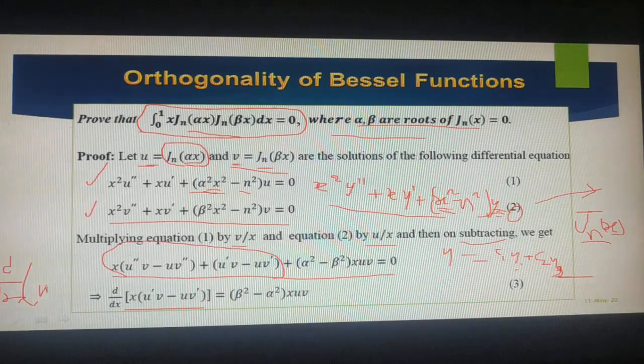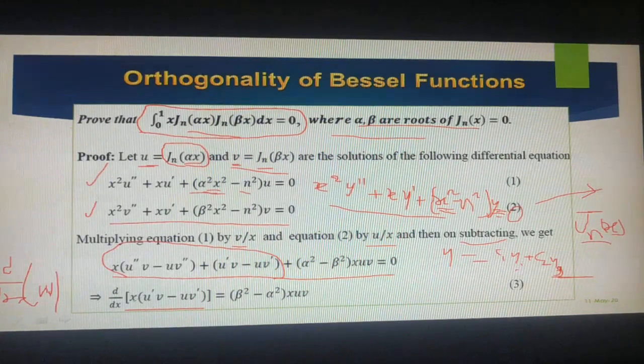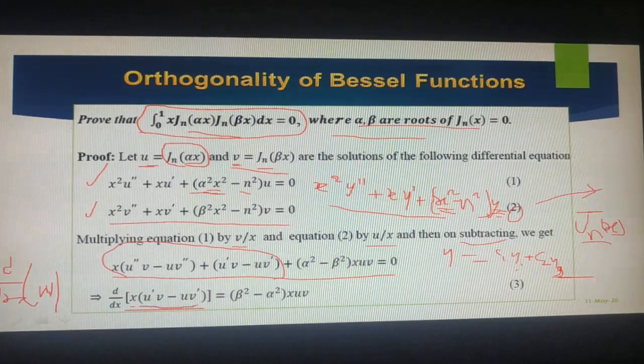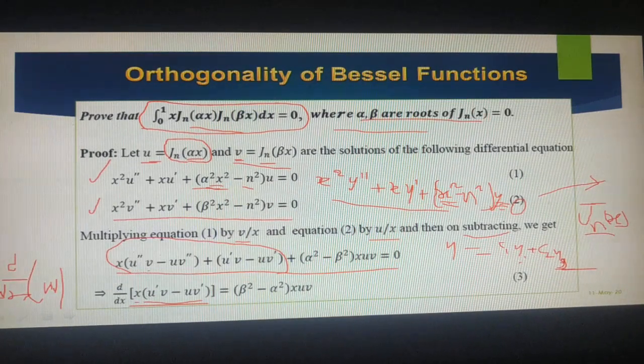If you are taking, as you know, the formula for that, uv dash plus vu dash. So in the same way you expand this. So x is one function, the remaining is the other function. Okay, so first time I am taking x as a constant, and here if I take it again, u double dash v is again a function.